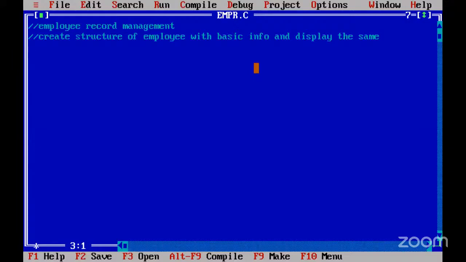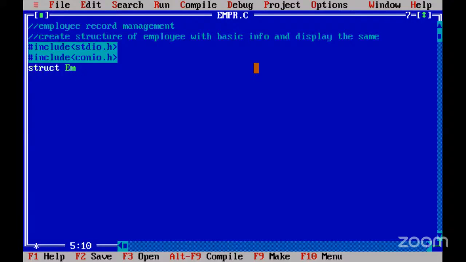What is my objective? I have to learn how to use the structure. So as usual, when you write include stdio.h, hash include conio.h, then struct,